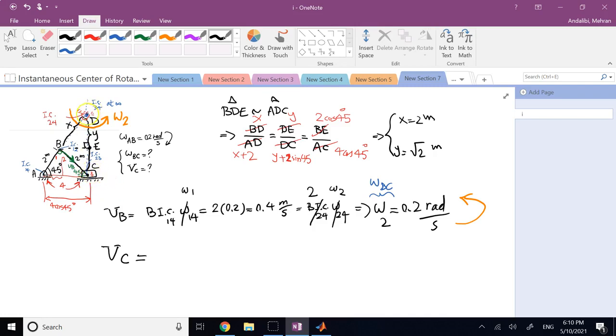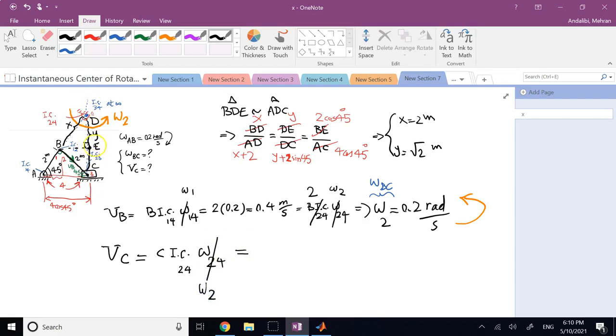So I can say it is rotating also about D. So if I multiply the distance from C to the instantaneous center, 3, 4, and 2, 4, and multiplied by omega 2, or omega 2, 4, which is the same as omega 2,